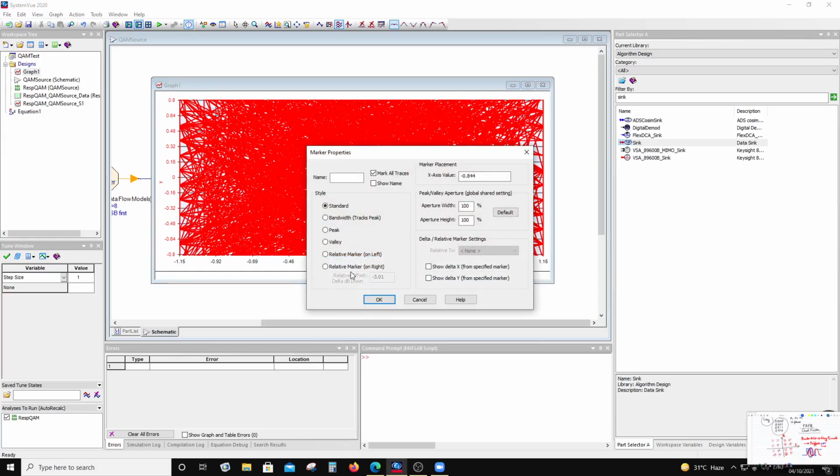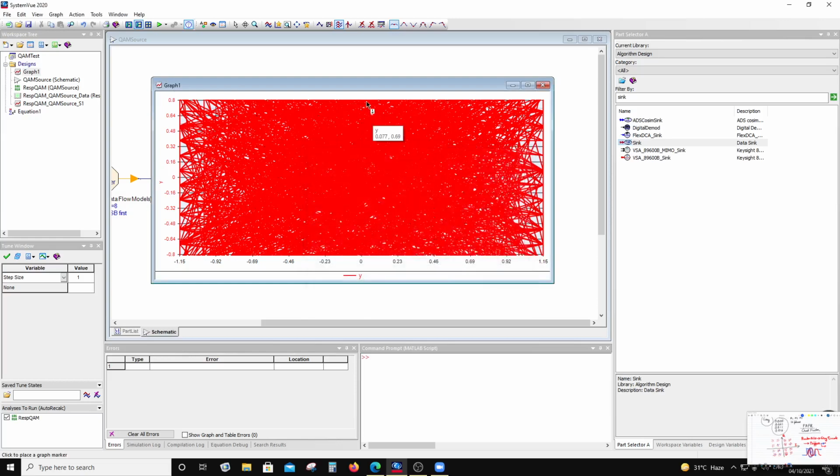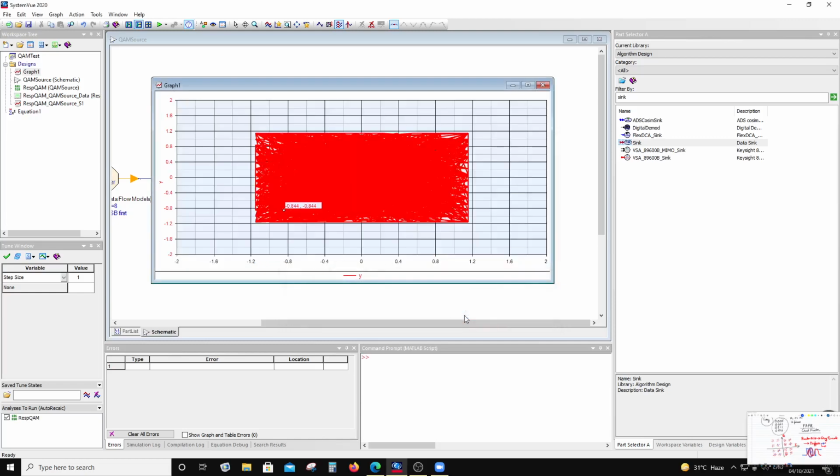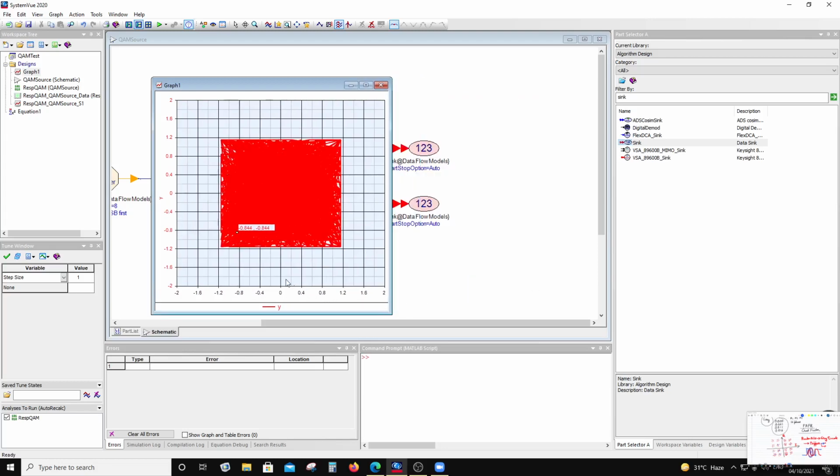So let me just change this to -2, just change the scale and change this to -2. It's 2. Okay, it took a marker here. Okay, anyways,